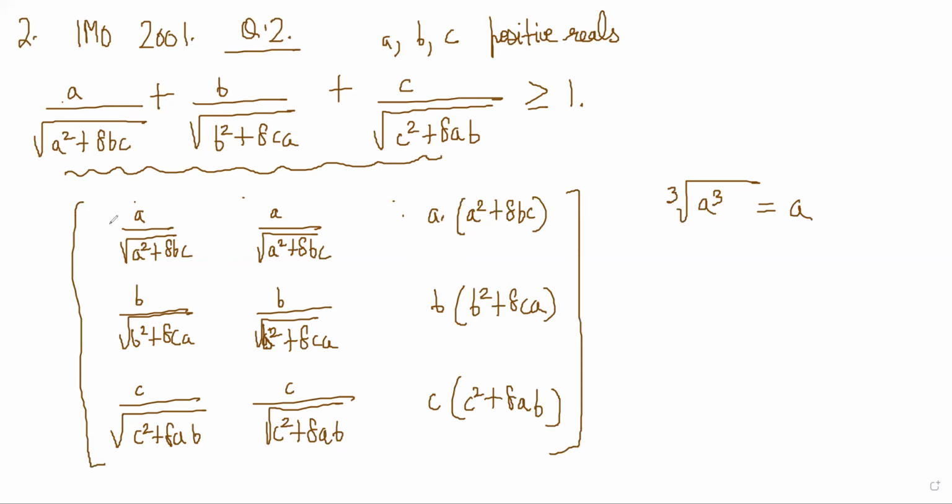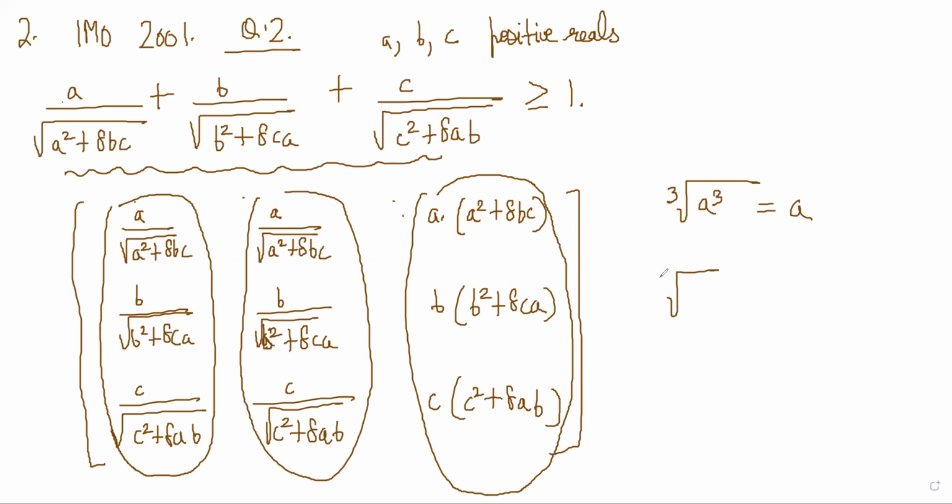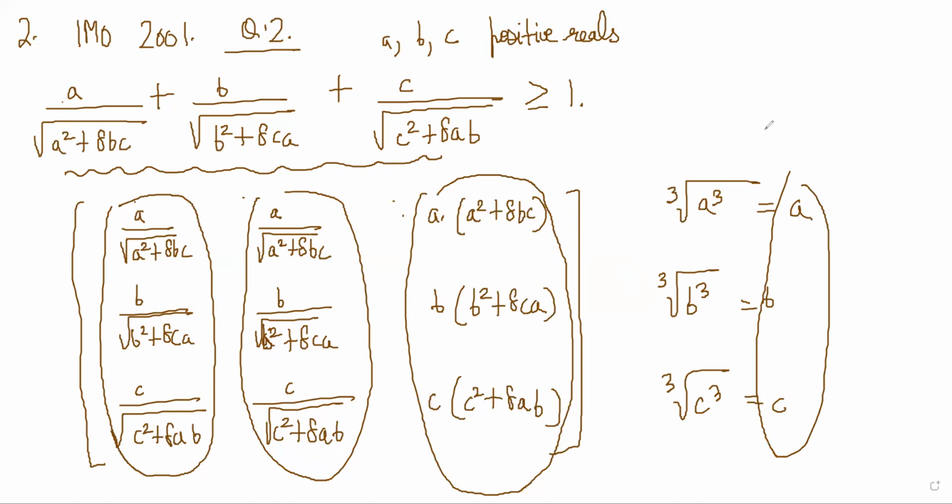So this is my table for Holder's, right? And I have to do column sums and multiply those column sums, and I have to do the product of the elements of the row to the power 1 by m, or the cube root of them. So here it will be B cube, which is B, and here it will be C cube, which is C, and then add up these and raise it to the power 3, right? So what I can write by Holder's, I will write the result here.